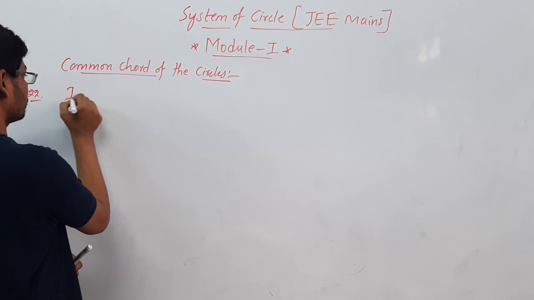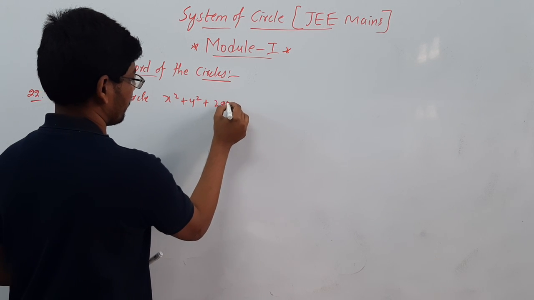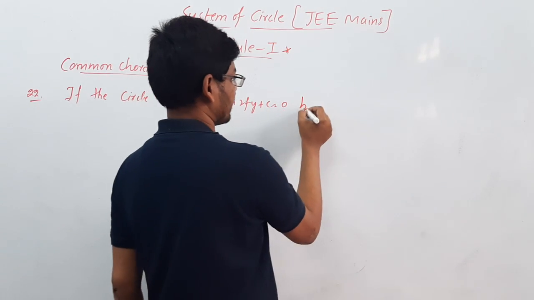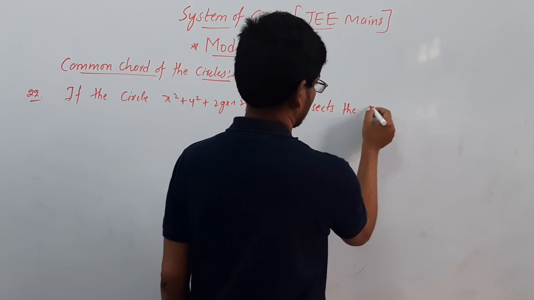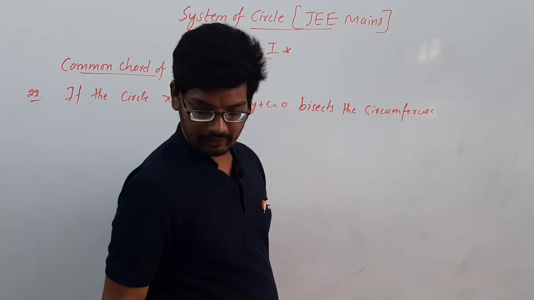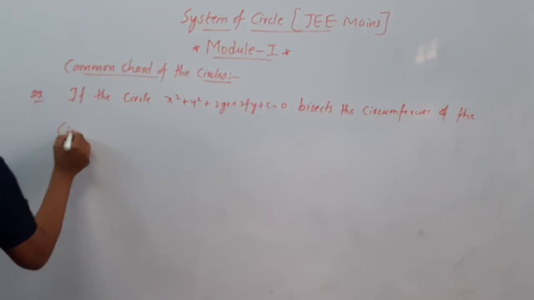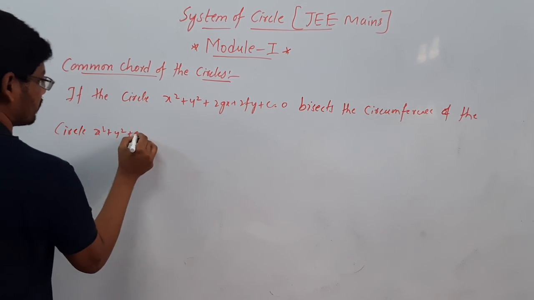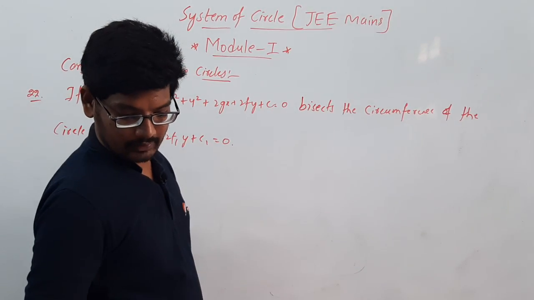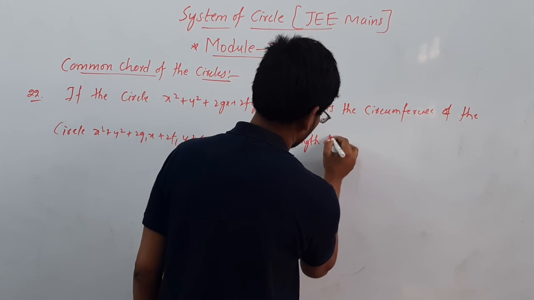If the circle x square plus y square plus 2gx plus 2fy plus c is equal to 0 bisects the circumference of the circle x square plus y square plus 2g1x plus 2f1y plus c1 is equal to 0, then the length of the common chord is,